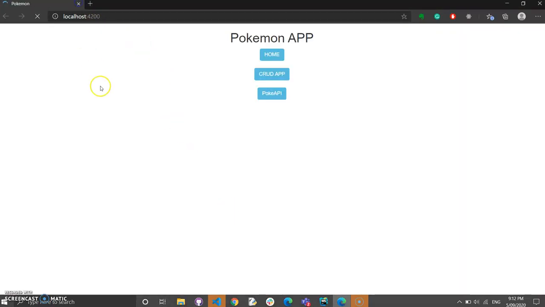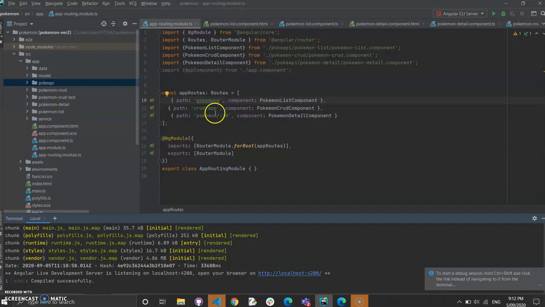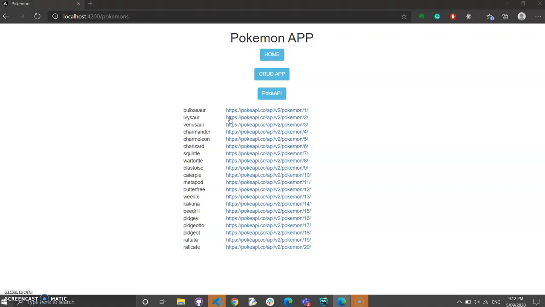we have our app running. Here we have our CRUD app and Poke API, as again you can see serving on the CRUD API path, and the Pokemon path is our list component and CRUD component. Okay, then again we have a detail component which is served on Pokemon and its ID.